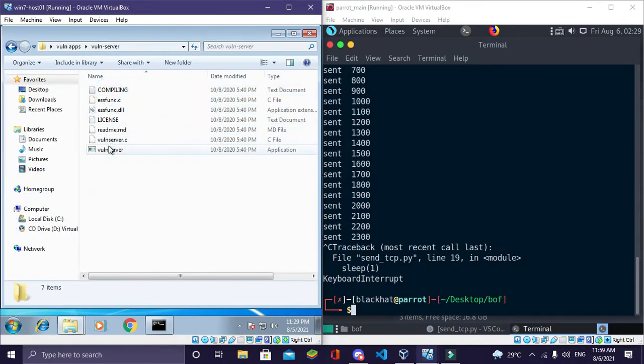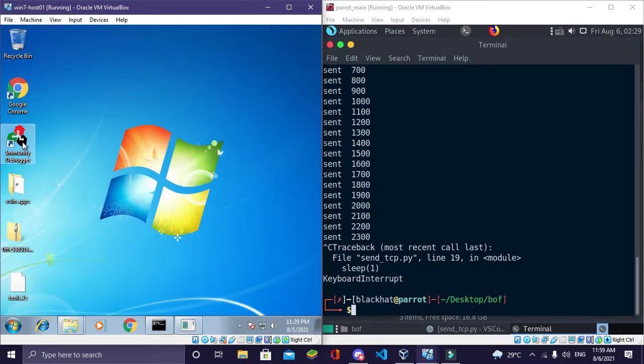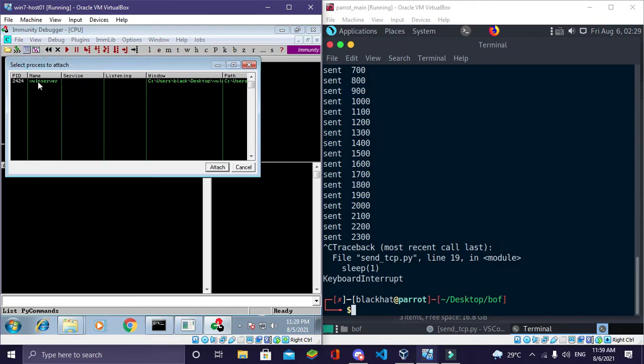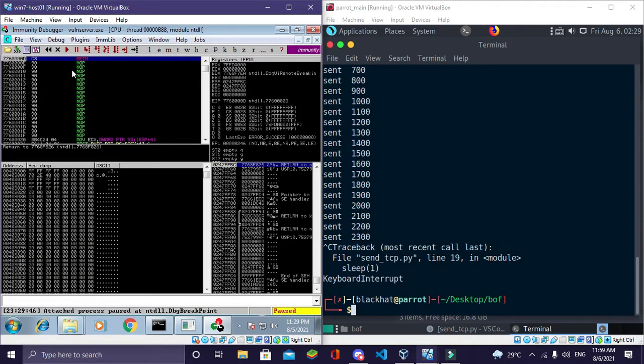First run the one server again and minimize it. And now run the Immunity Debugger, and then go to file, attach, and attach this vulnerable server. Now press this play button, and now the server is running,